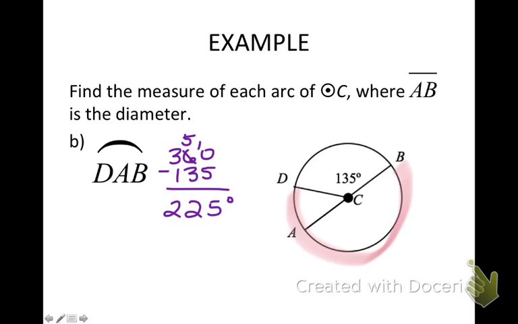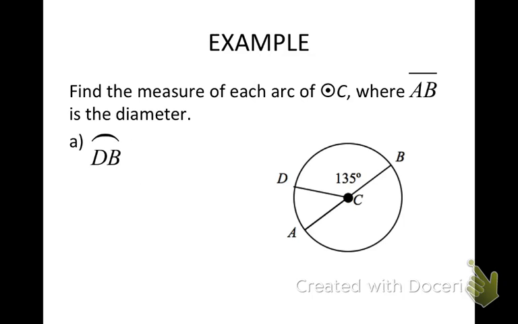Really quickly, just to make a quick side note, in part A, when it said find the arc of DB, you always go the shortest distance. If you're given just two letters, go the shortest distance between the two. Don't loop all the way around to get from D to B. Does that make sense? So always go the shortest distance, unless it gives you three letters, then start at the first, loop through the middle and end at the last. All right, so